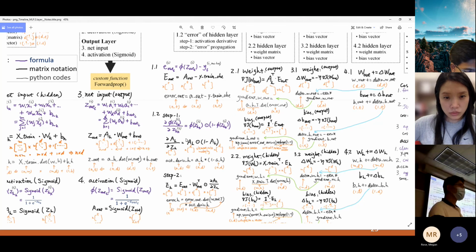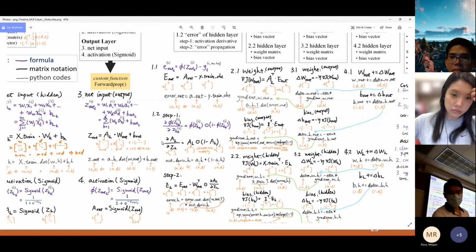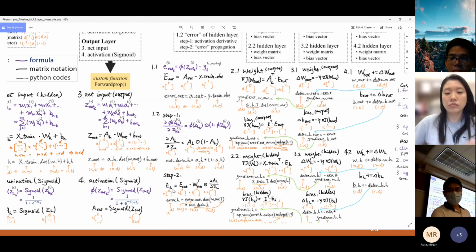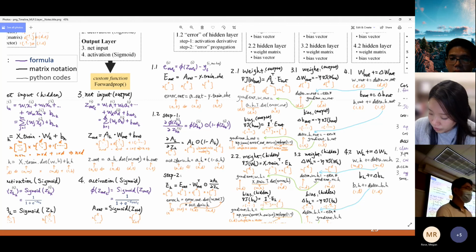If we can do it in 1 step, of course, but it's getting much more complex. So it's easier to manage it in 2 steps. That's the reason. But then I'll explain why this is error derivative. What does that mean? And why are these terms included in the calculation for the error propagation for the hidden layer? That's the intuition part. So first of all,